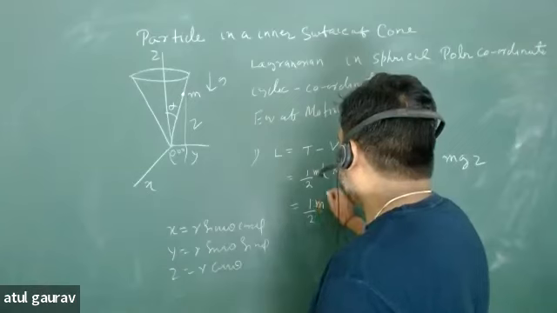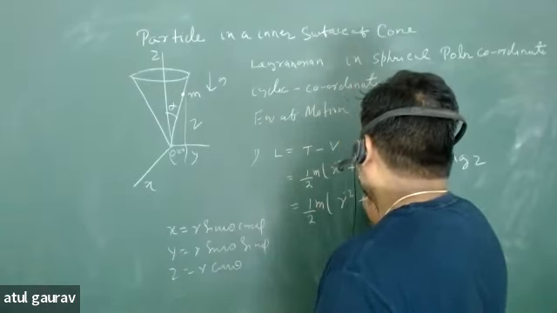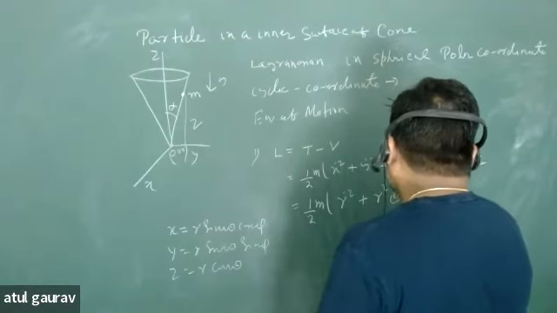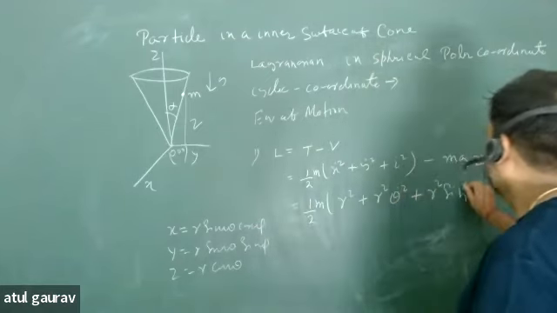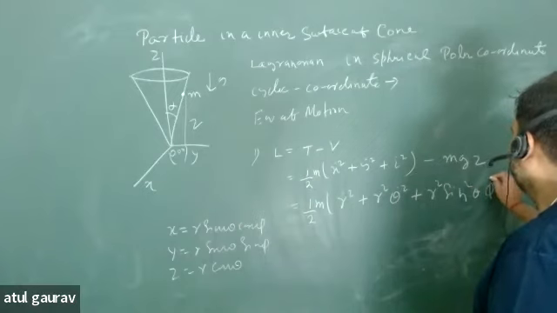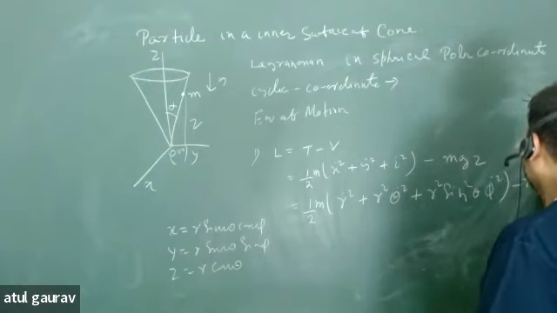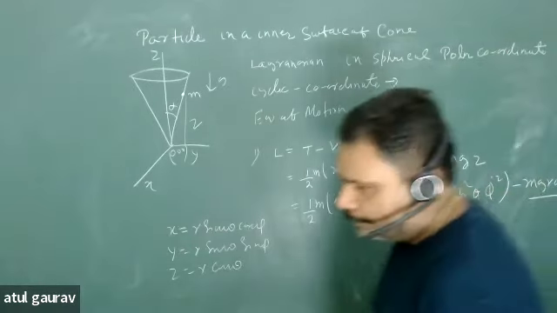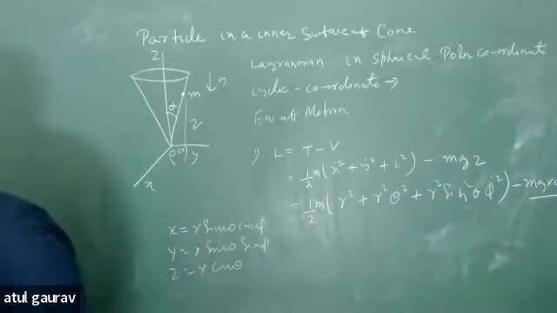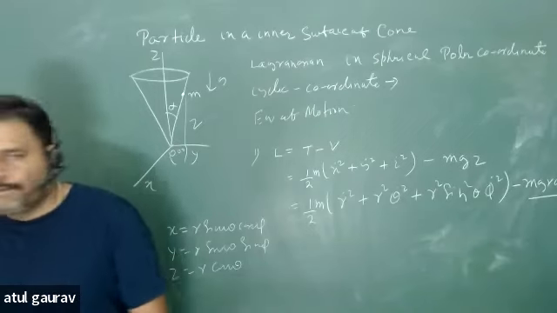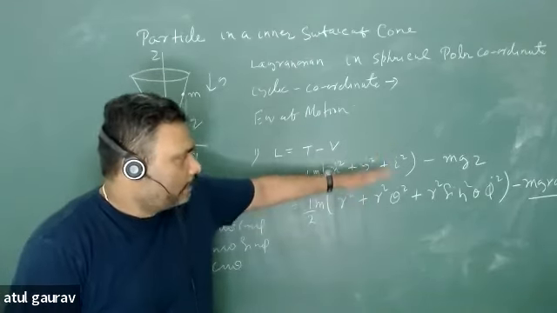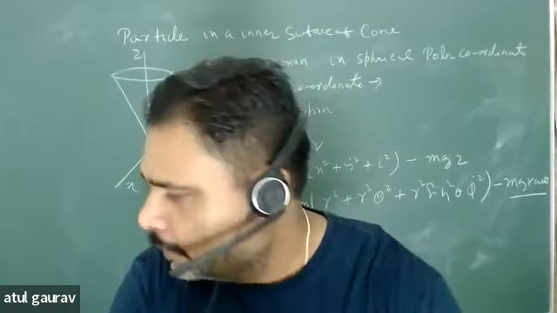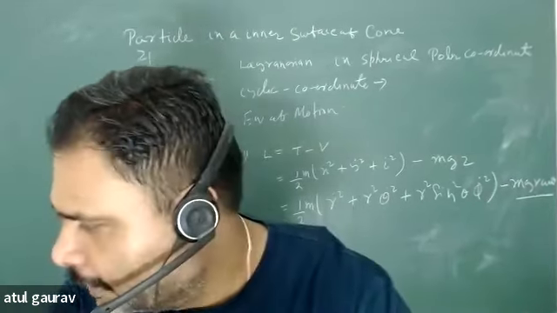That is half m (r dot square plus r square theta dot square plus r square sin square theta phi dot square) minus mgr cos theta. यहां तक तो क्लियर है? ठीक है ना? Yes, sir. Are people comfortable with how we are getting from here to here? ये हम लोगों ने पहले प्रैक्टिस कर रखा है. ठीक है, ओके. चलो,